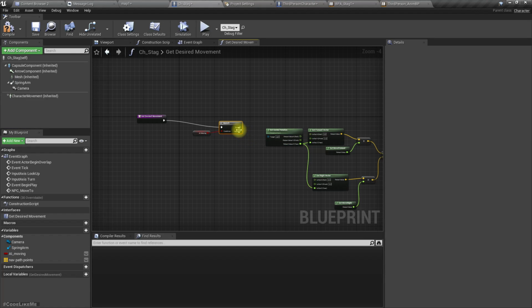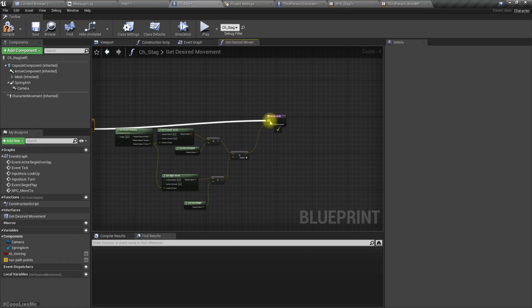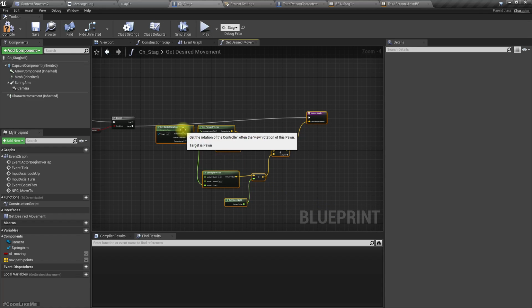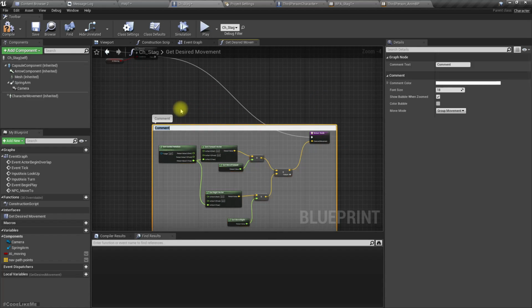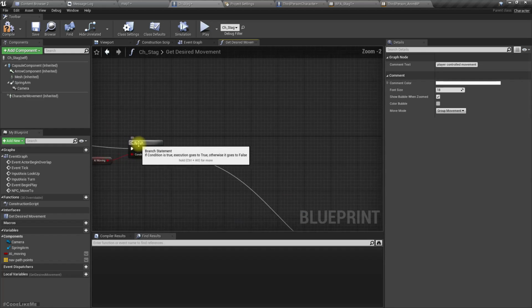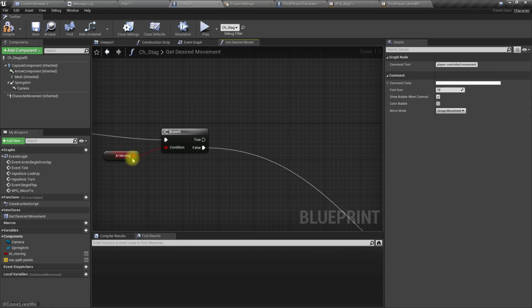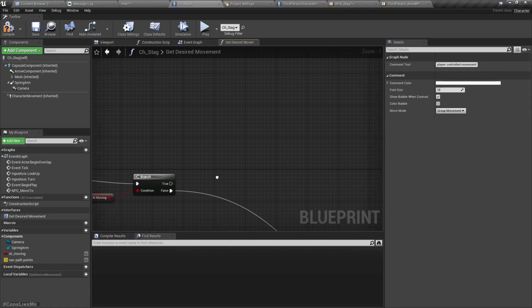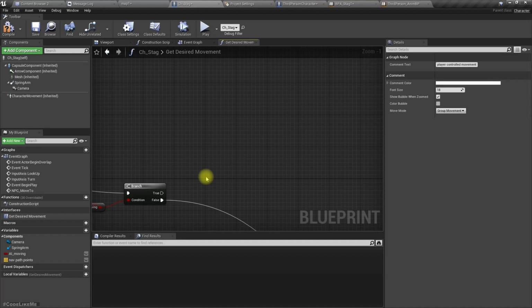I'll break it and add it here. This is for player controlled movement, and here if it is AI moved by the AI, then we should